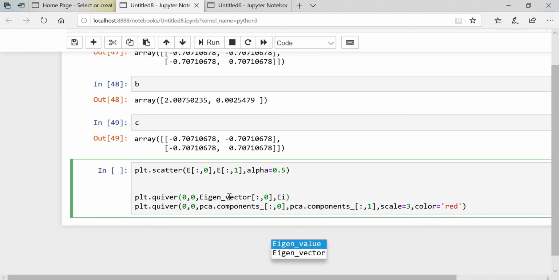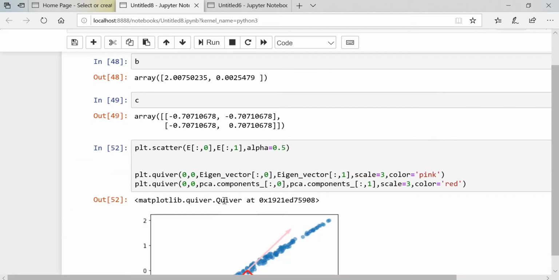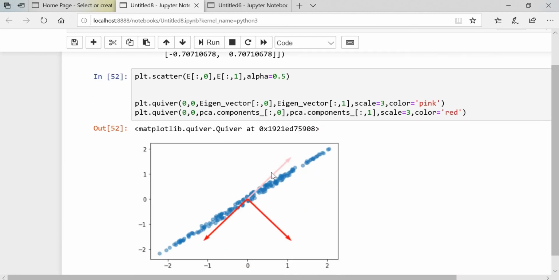You can see over here, so don't be confused about this one. And the scale also I will use 3, and I will use the color, let's say pink. Okay, let's go ahead. You can see here we got only one vector, right?